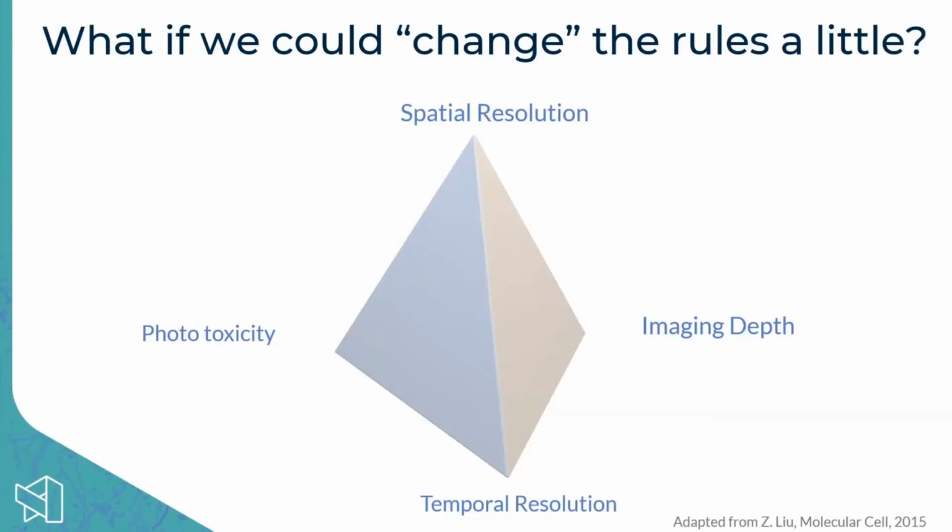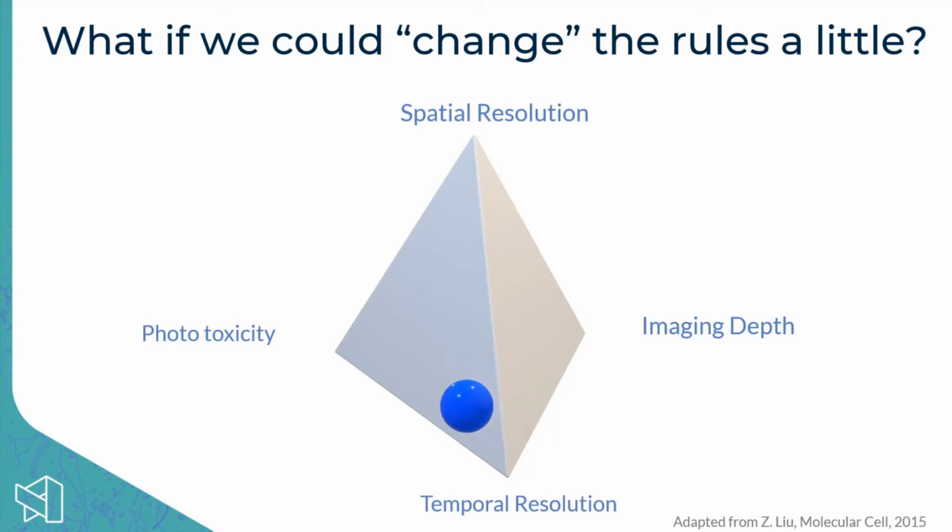So what if we could change the rules a bit or a lot? That's the question I want to try to answer. And AI, I think, is a good solution. It's not the only solution, but in microscopy, we're often or always limited by these four, and there are other